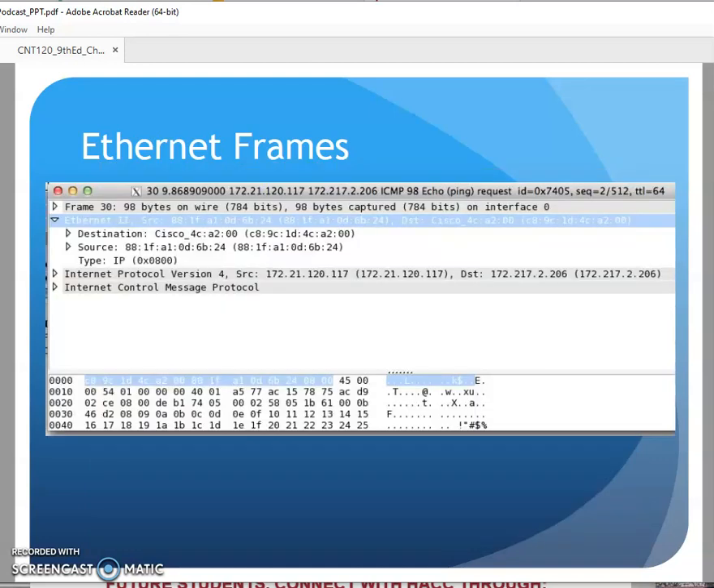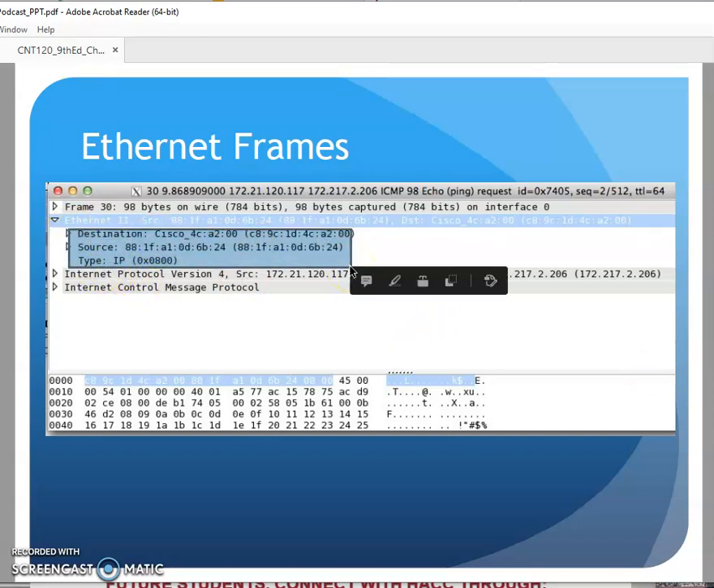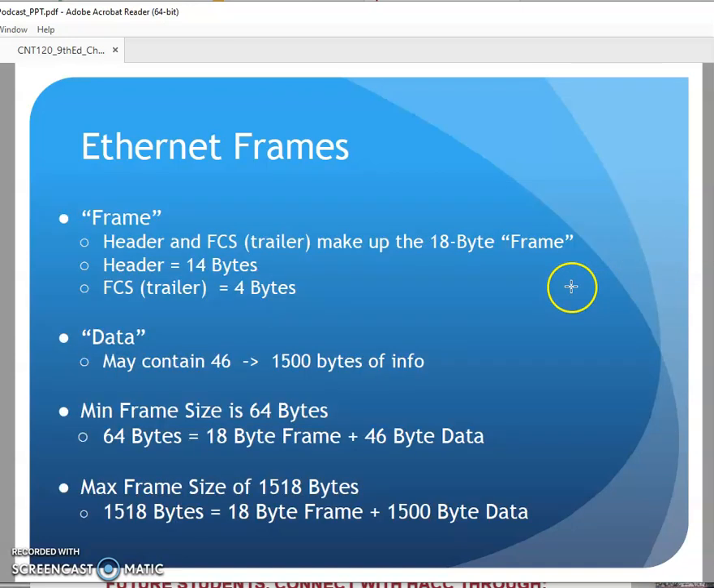Here is a Wireshark of Ethernet. Here's a packet capture of Ethernet. And like I just said, here's the destination address, source address, type field. And that's pretty much it. Okay. So with Ethernet,